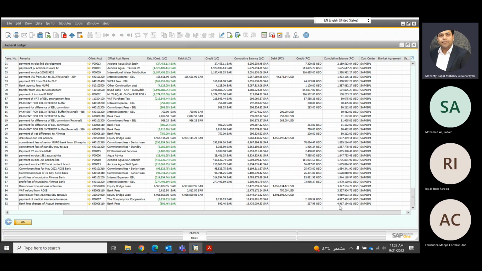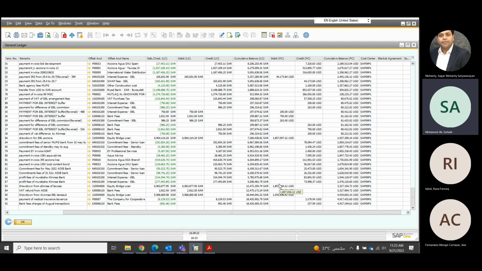If you have a Saudi Riyal account, the Saudi Riyal balance will exactly reflect whatever is in your bank. No need to convert into USD. That's what I'm trying to say. You have two bank accounts. I understand what you say, Mr. Sagar. But actually, what happened in fact with my balance sheet and bank statement balance,